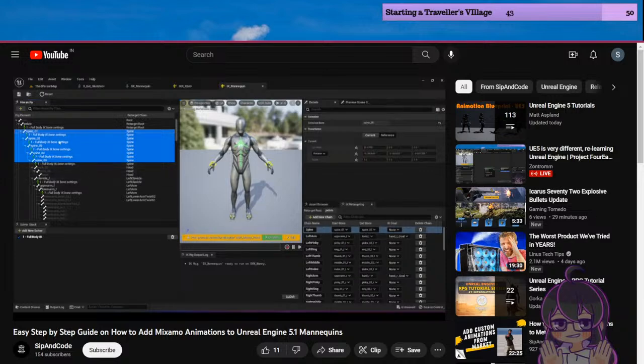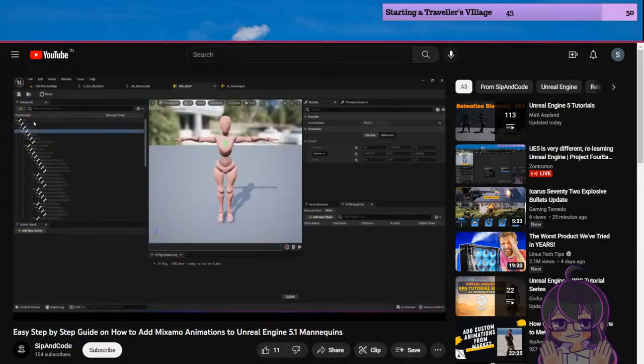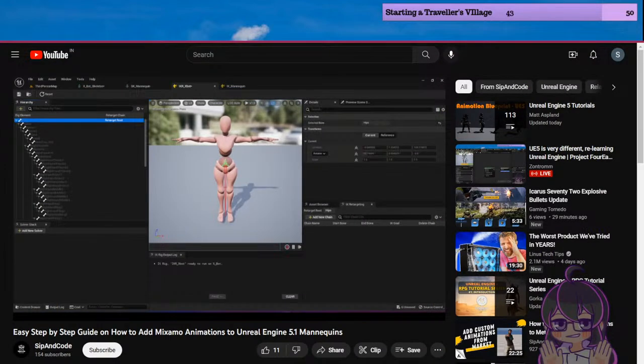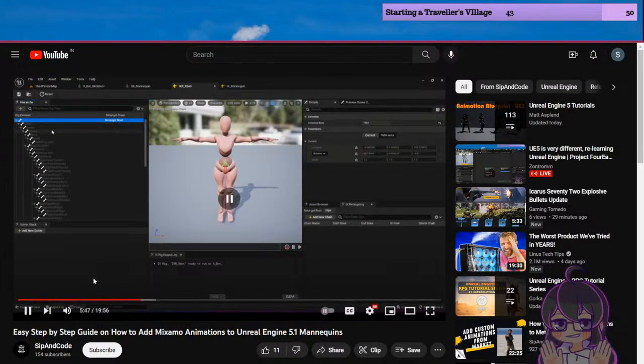The other thing I want to bring to your attention is that there's a root here, and there's a retarget root. Okay, so we can see that the pelvis is the retarget root, and so in our case we're going to go into our hips, which is the same as the pelvis, and we're going to right click on it and set it as a retarget root. This is the base of the retargeting, and every other bone is associated to this retarget root. So once we do that,